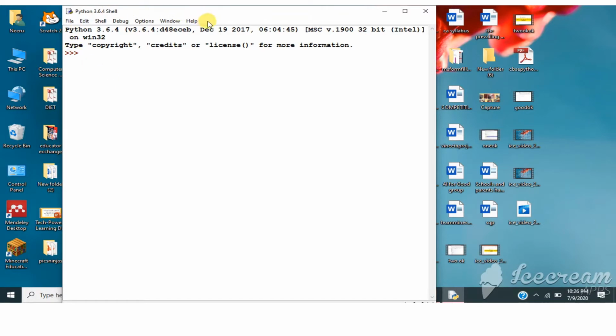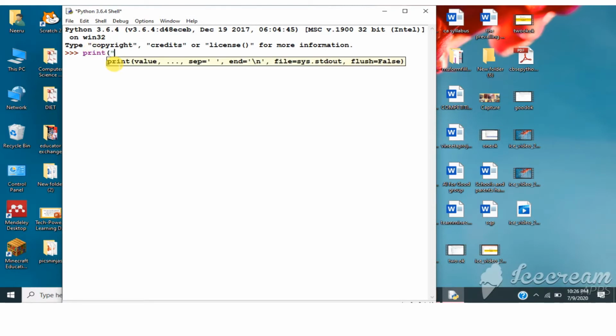This is basically the Python shell, and this is also known as the interactive mode, where when we type a command or when we type something, we get the output immediately. So we can type our first program here also. The first will be a print statement which is going to print a message. So whatever we write in the print statement, it is printed as it is.